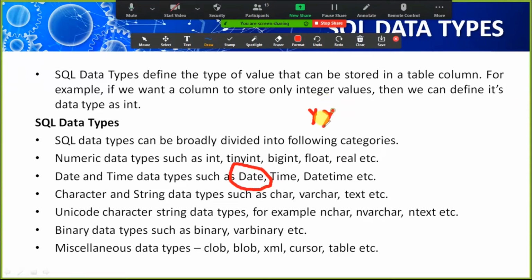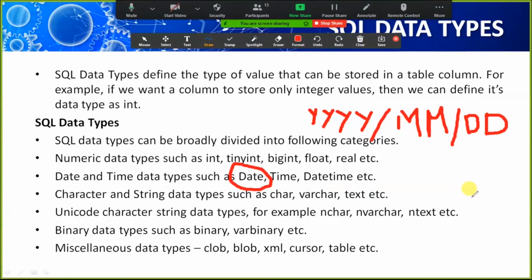YYYY-MM-DD format. Okay, it is the default format of MySQL. The MySQL date format will store it in YYYY-MM-DD format.